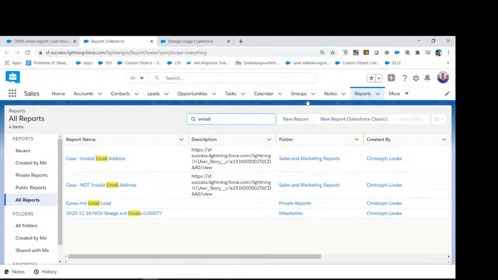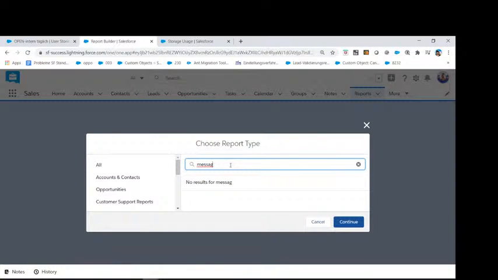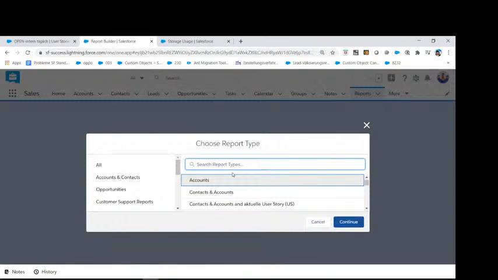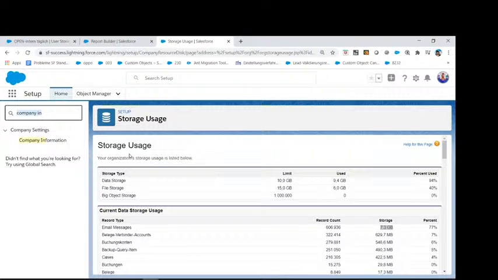As you can see here, there's no report with this. So at first we make sure that we're gonna get a good report. So we are gonna open the report and we'll have a look at the email messages like this. Let's say email message, it's not in the system. So as you can see, so let me see, I think the case is also in there, so the tool is also working like I expected. Yeah? I just figured out if the tool is working as expected. So as you can see, it is delivering some kind of results in here. So in that way you can figure out how the tool is working.